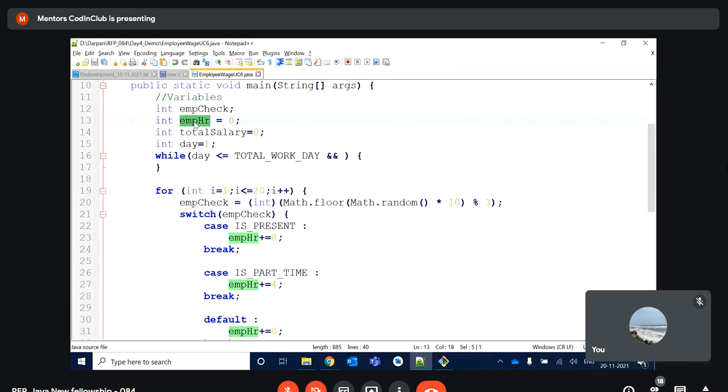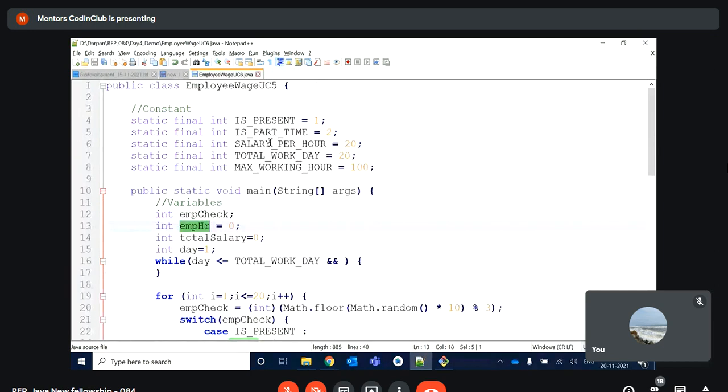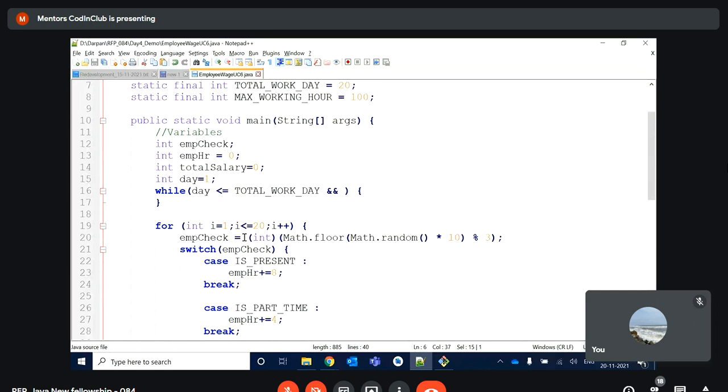Let's assume that. We have that employer, and here, how much amount we are paying per hour? That value is 20 rupees. Okay, so 80 into 20 we can do that. So we just have to multiply this employer with the salary per hour at the end of day 10, day 20, or his last working day. Let's say he has completed his 100 total working hours in 12 days. So his last working day will be 12. Getting me, everyone? Yes. Okay.